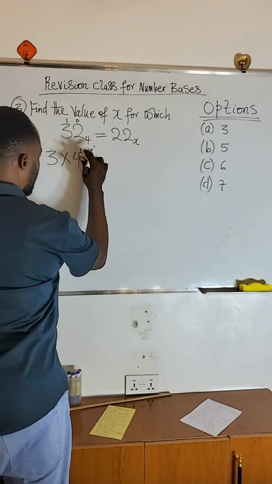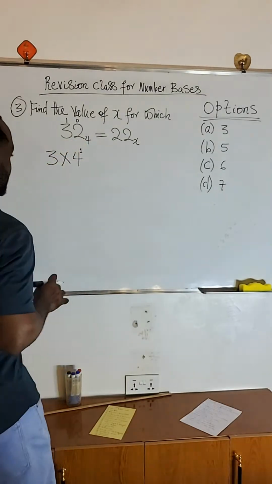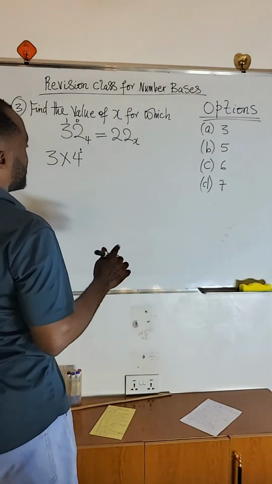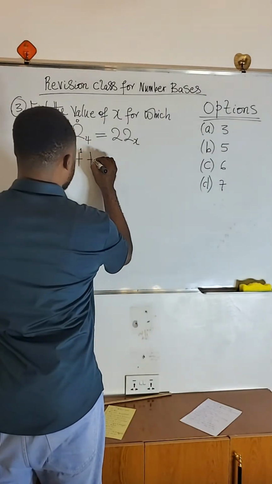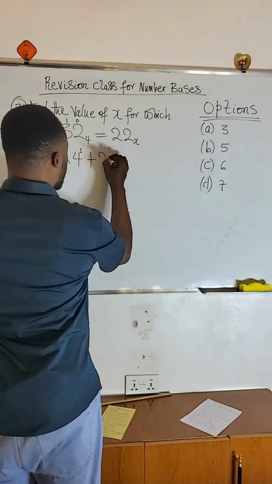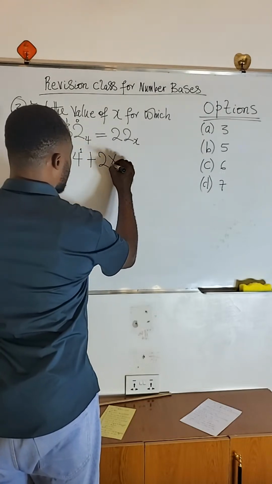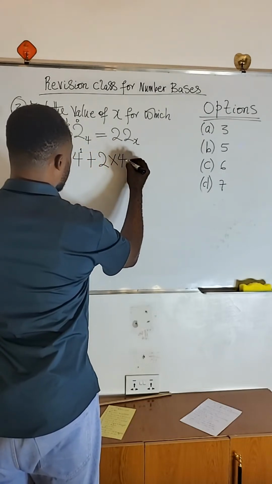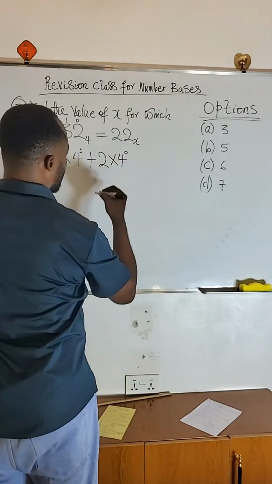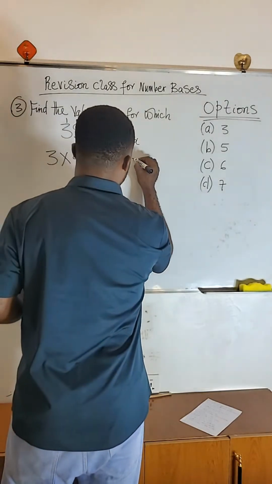I'm just writing power 1 for understanding's sake, but I don't need to write them down. Plus the second digit, which is 2, times the base raised to the power of 0, to be equal to,